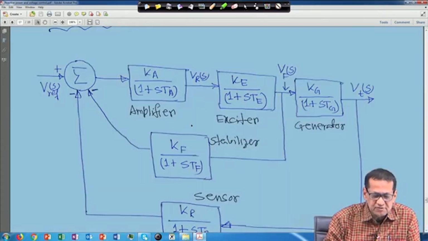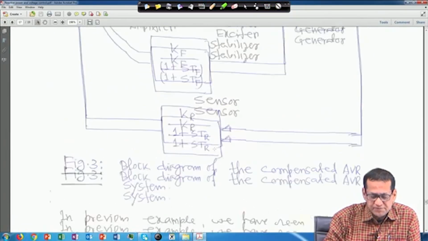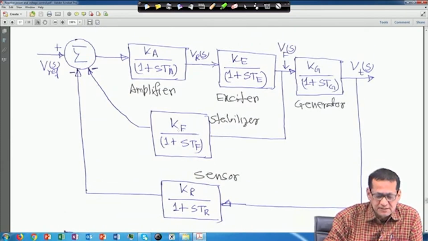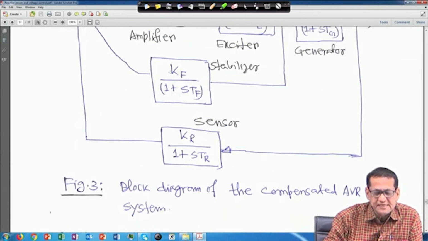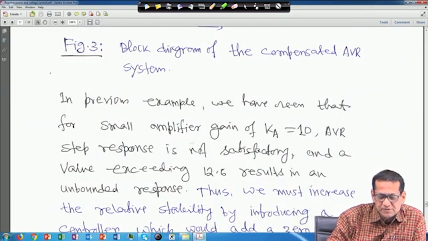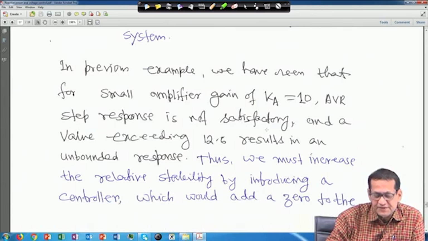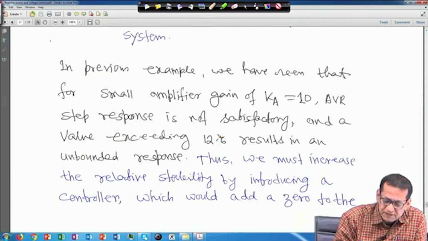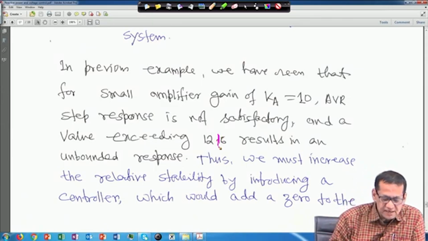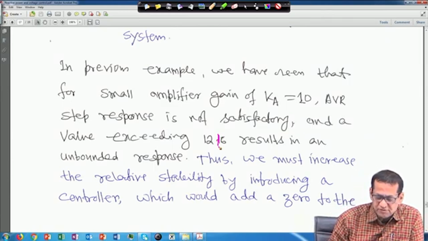This is the block diagram of the compensated AVR system. This actually improves the dynamic performance because this is a rate feedback, SKF upon 1 plus STF. In the previous example, we have seen that for a small amplifier gain of K equal to 10, the AVR step response is not satisfactory, and a value exceeding 12.16 results in an unbounded response. That means unstable. Thus, we must increase the relative stability by introducing a controller which would add a 0,